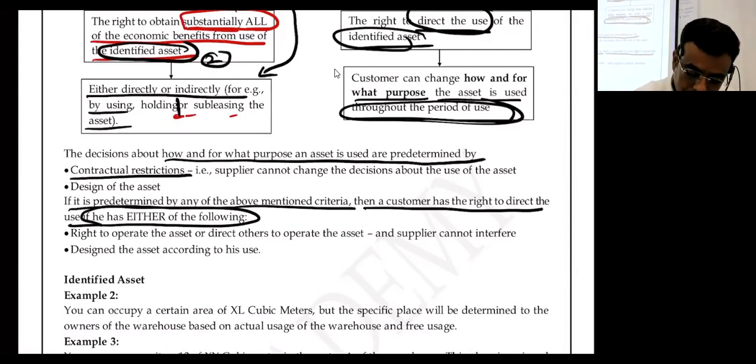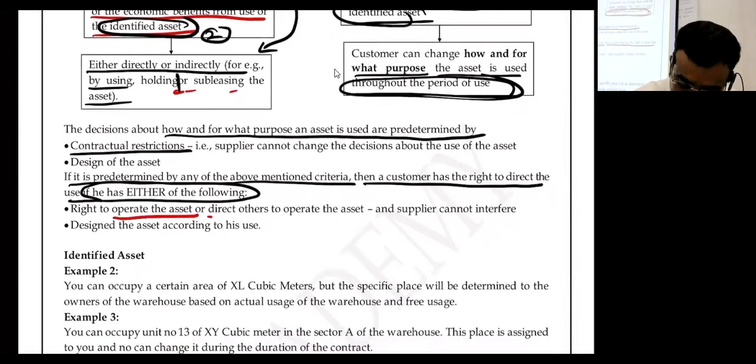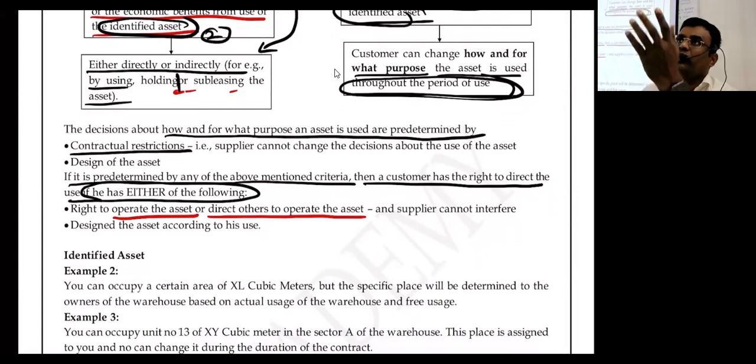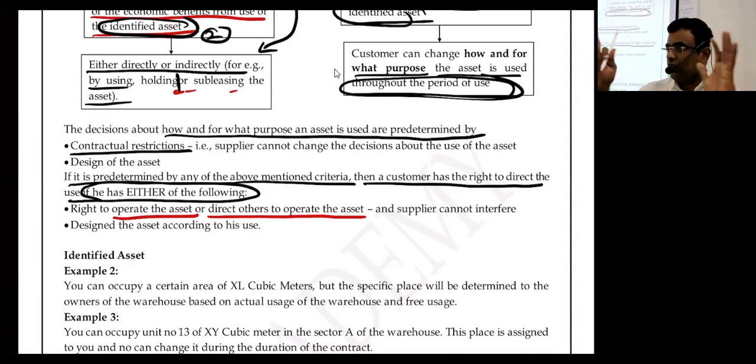Understood? 1. Right to operate the asset or direct others to operate the asset. Now understand, I know how to switch on this projector and how to connect it, so I am using it. Assume that I don't know how to use the technology, so I call my supplier itself and ask for help. Hey supplier, I don't know how to use this projector. Please come and help me to switch it on and connect it. I will pay every day 100 rupees or 500 rupees as service charges. So please be here with me to take care of all this audio system. Like that I'm telling you.